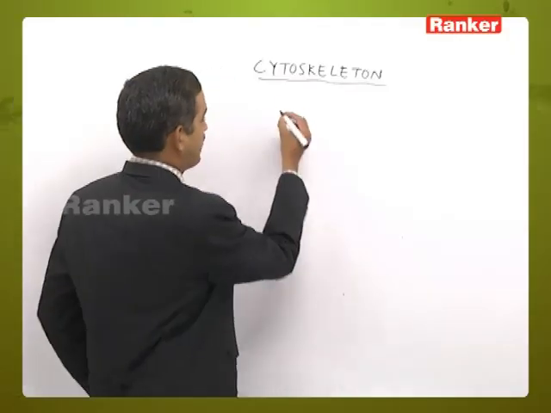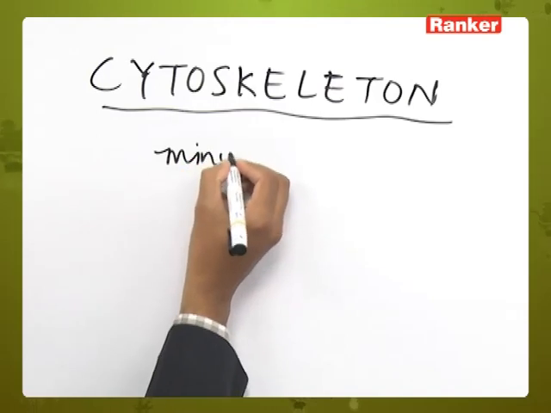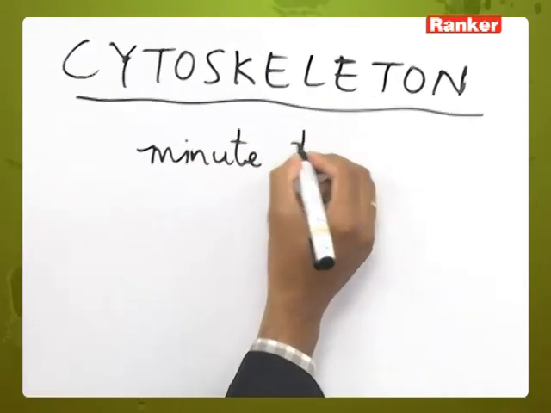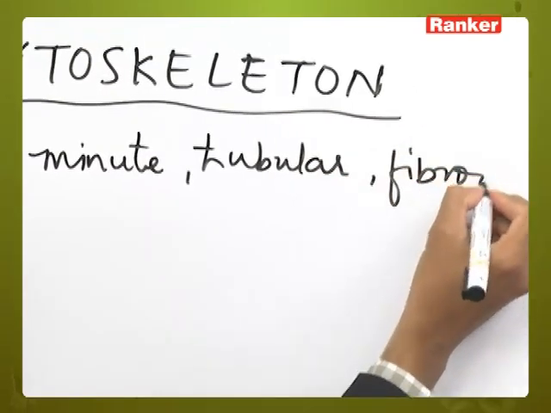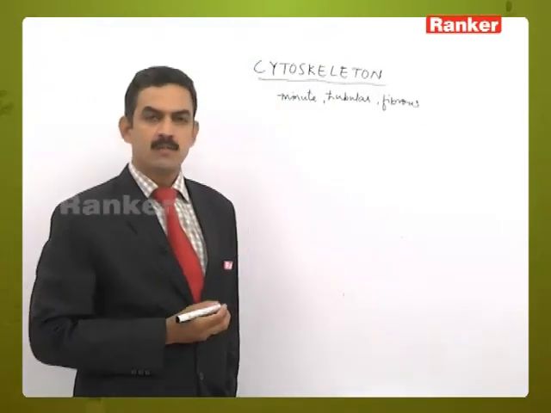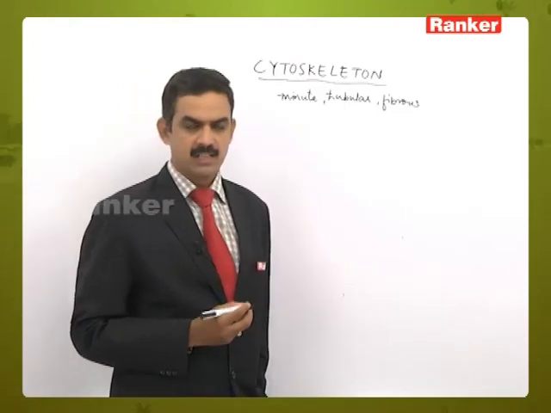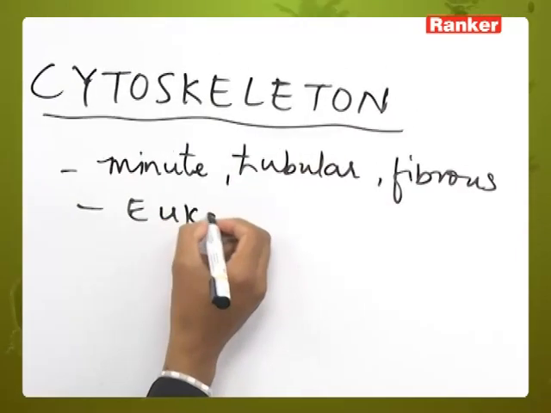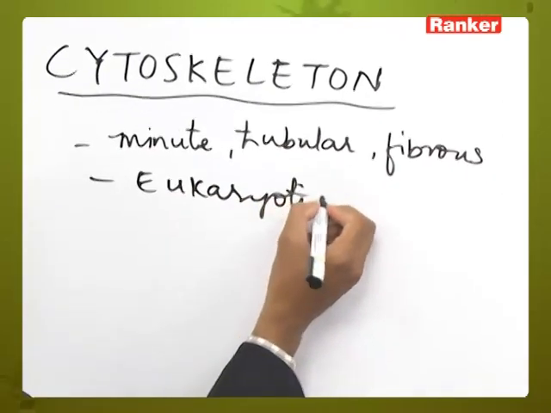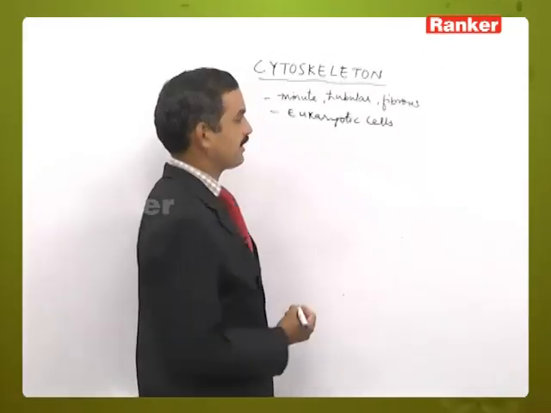Cytoskeleton. So the cytoskeleton is a minute tubular and fibrous cytoplasmic structure which is concerned with various activities of a eukaryotic cell. These are present only in the eukaryotic type of cells, where these are concerned with various activities like cytoplasmic